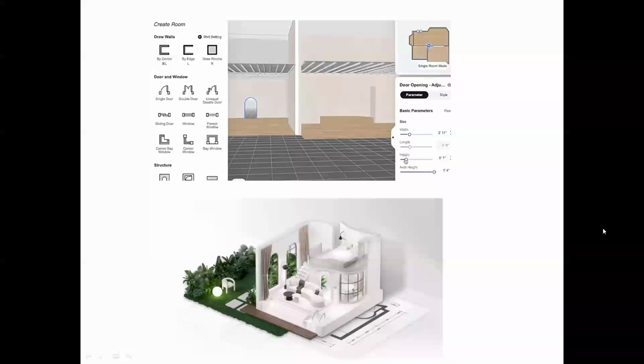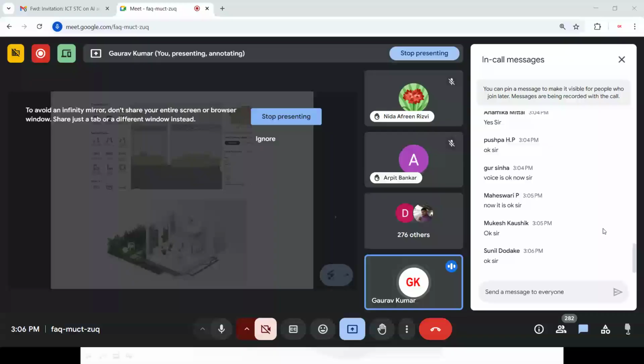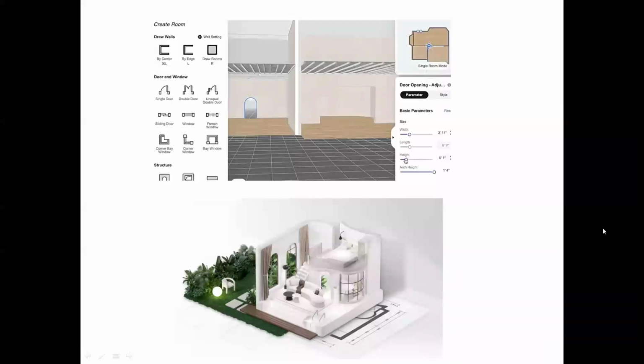For example, if you are from mechanical engineering or civil engineering, how to go for floor planning, how to go for architectural design, creation of 2D and 3D floor plans. Nowadays everything is available, everything can be done in AI tools. So for example, this type of content you want to create, and for working with multiple types of graphic or multimedia content, we will see